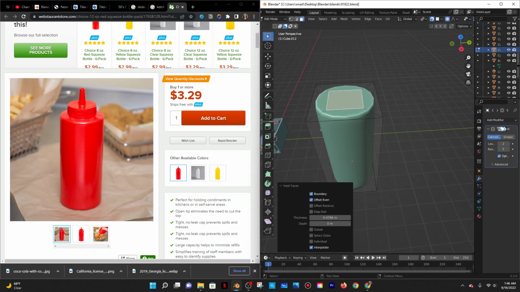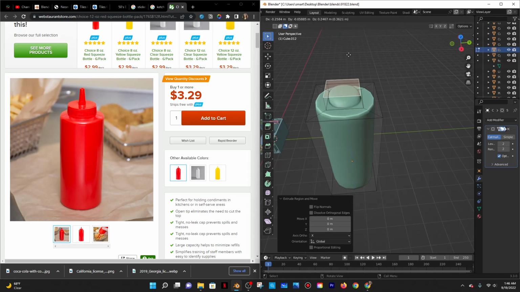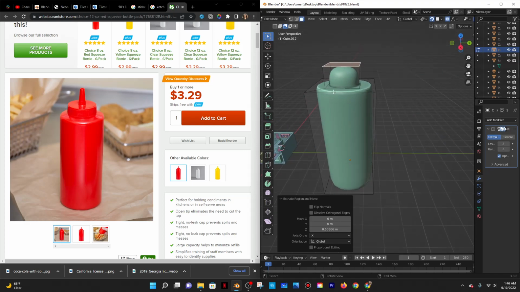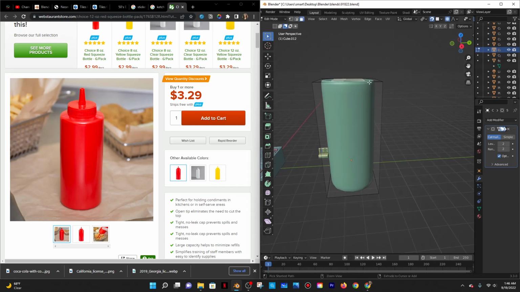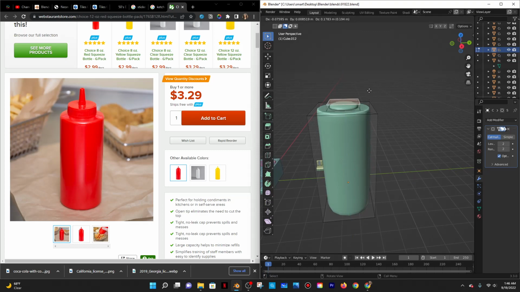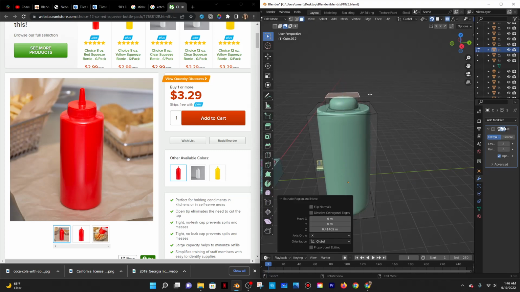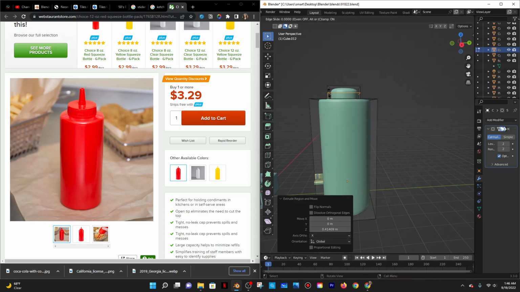But that's not going to be circular, so how would I do that? Oh, okay, that works. So easy works, right? A little bit like that, then Control R, loop cut right there. I think that's way too much. So let me just do easy just a little bit, and then Control R to add a loop cut,